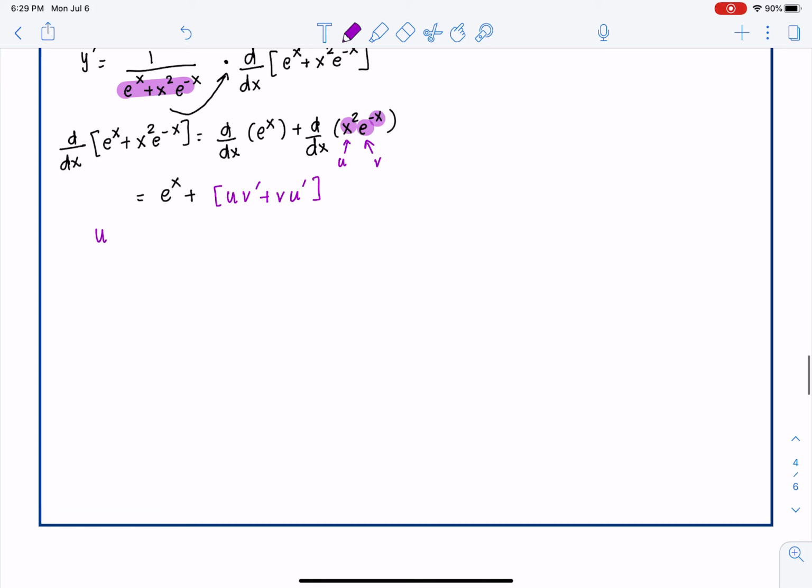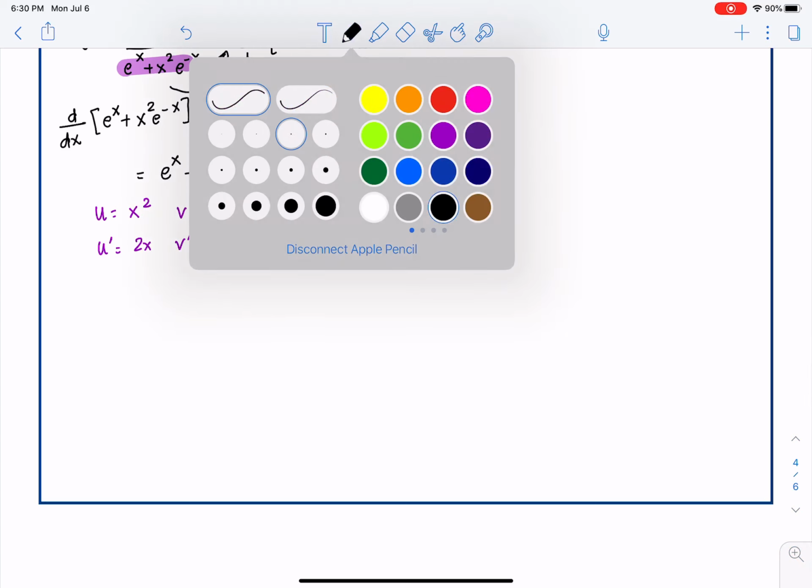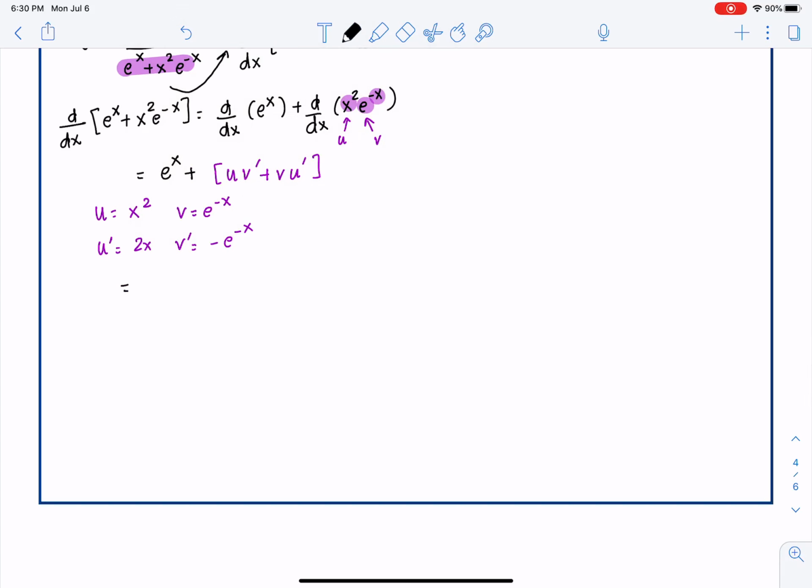Let's go ahead and compute u prime and v prime. U is x squared, v is e raised negative x, u prime would be 2x, and v prime is negative e raised negative x. So we would have e raised x plus u v prime, minus x squared e raised negative x, v u prime, plus e raised negative x times 2x,